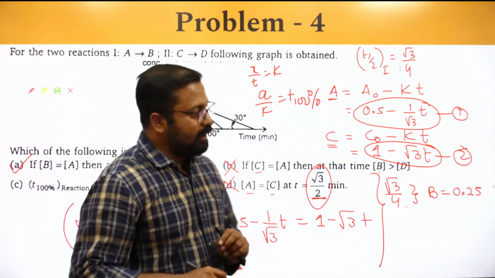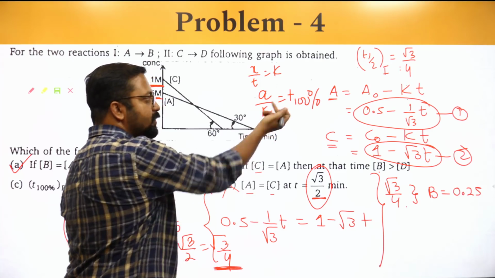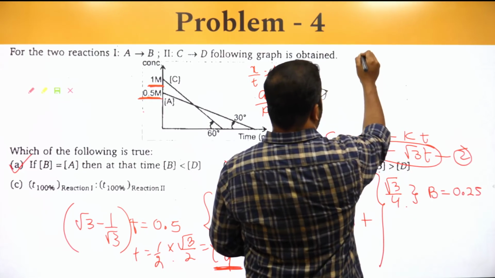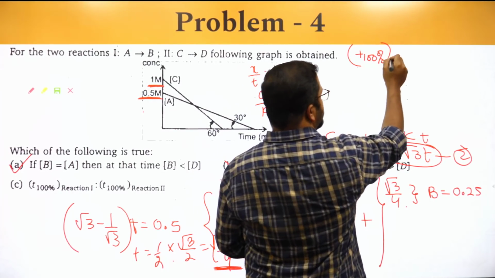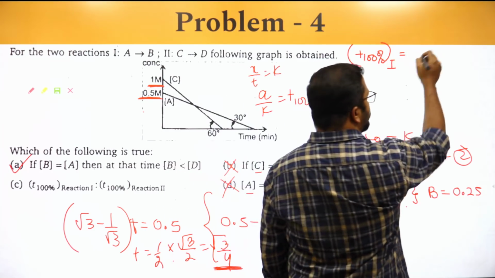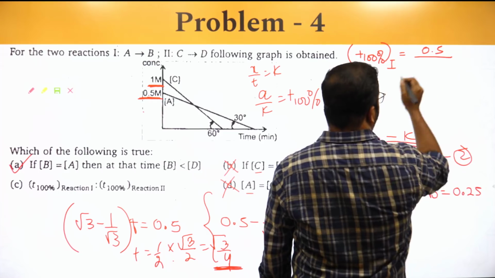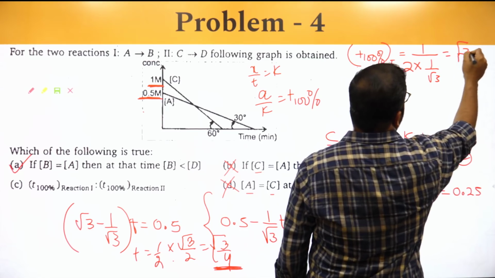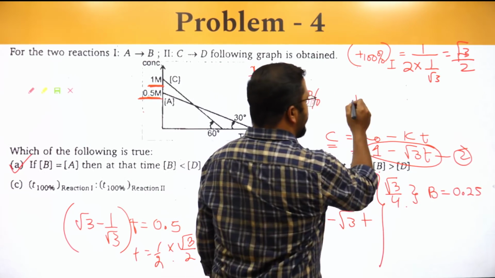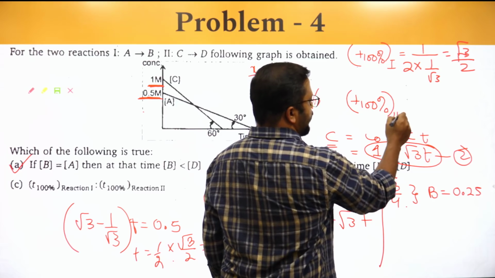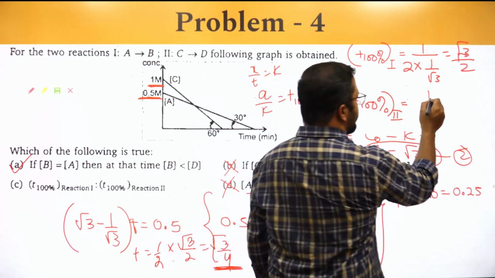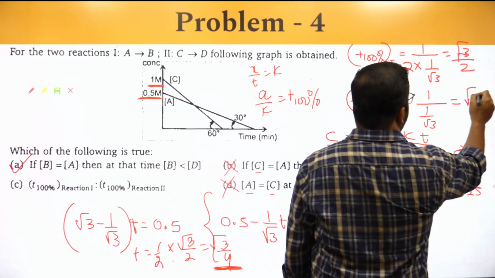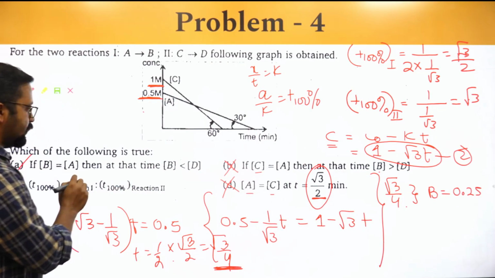Okay, X by T is equal to K and T 100% will become A by K. T 100% for the first reaction will be 1 by 2 times 1 by root 3, that is root 3 by 2, and T 100% for the second reaction will be 1 by 1 by root 3, that is root 3. So T 100%